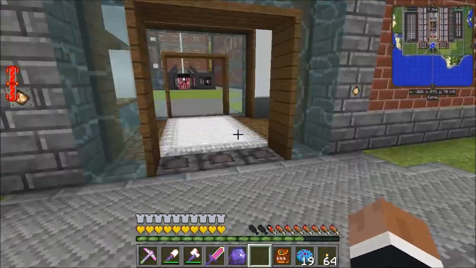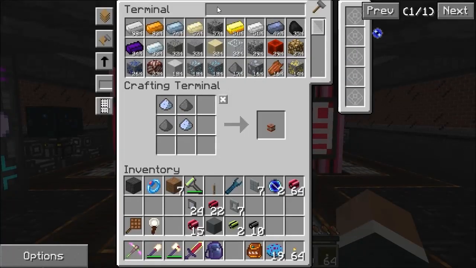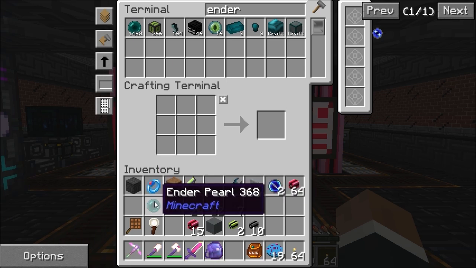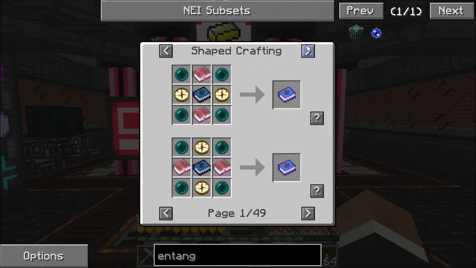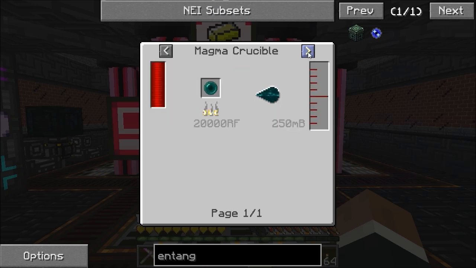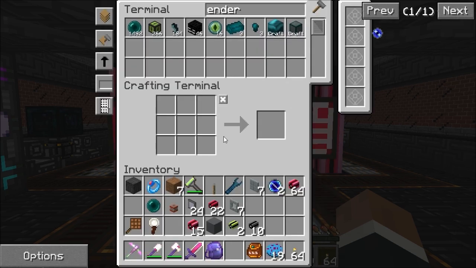Making a mess of it all. So I need an ender pearl. I need another tiny TNT. So I need to make this into ender dust, I presume by grindstone, so I'm sure that I should be able to put it through. Yeah, pulverizer or sag mill perhaps. No sag mill? Yep, sag mill, right. So